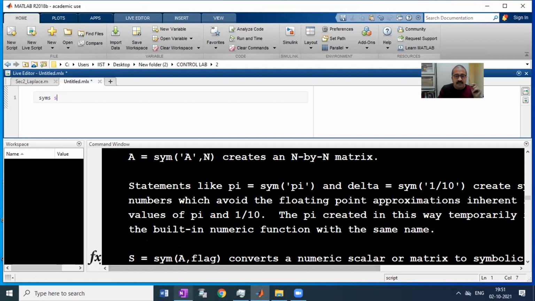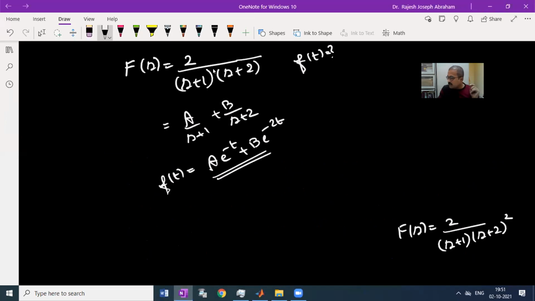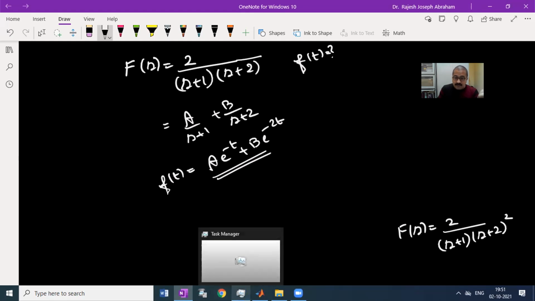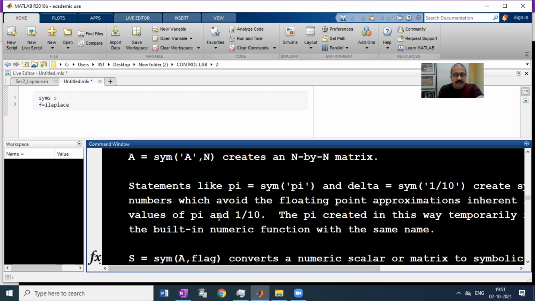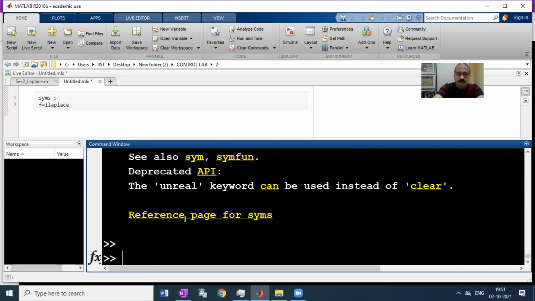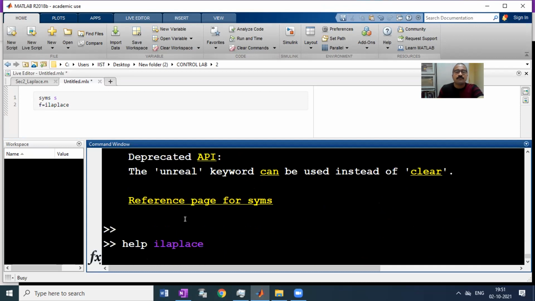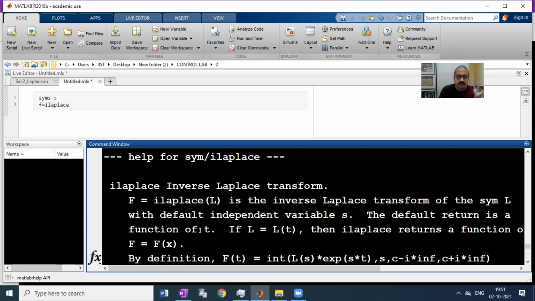Now, what was the transfer function? Transfer function was 2 divided by (s plus 1) into (s plus 2). So now you need to find the inverse Laplace transform. So the command is ilaplace. So I will write f equals ilaplace. If you have any doubt what ilaplace does, just type in the command prompt help space ilaplace. What it does, it will find the inverse Laplace transform.